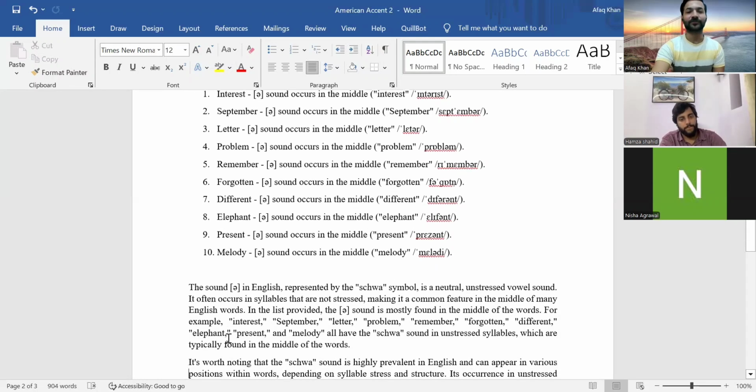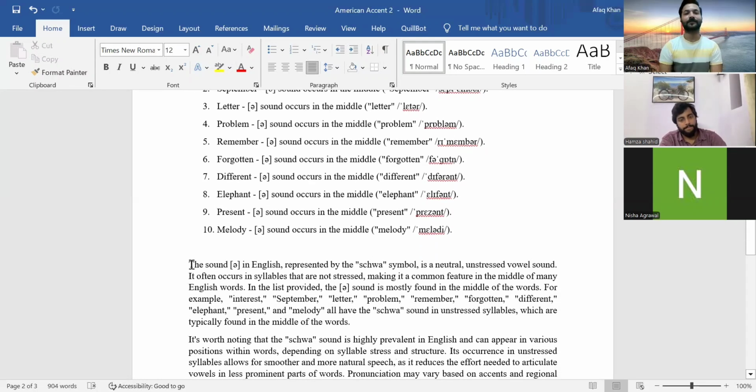Nisha, I want you to start reading from here, please. The sound schwa in English, represented by the schwa symbol, is a neutral, unstressed vowel sound. It often occurs in syllables that are not stressed, making it a common feature in the middle of many English words. In the list provided, the schwa sound is mostly found in the middle of the words. For example,